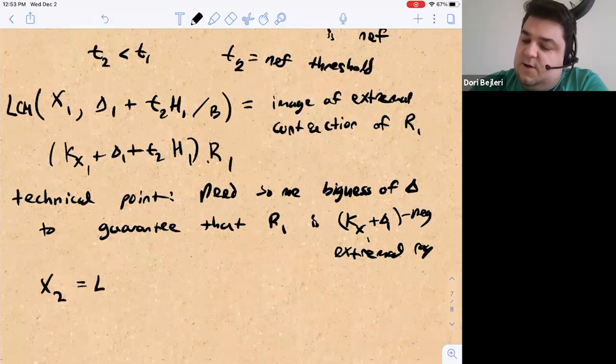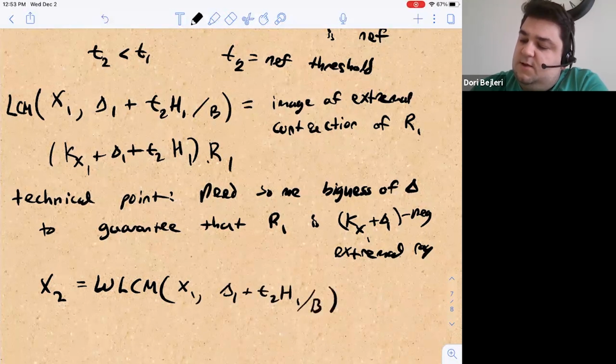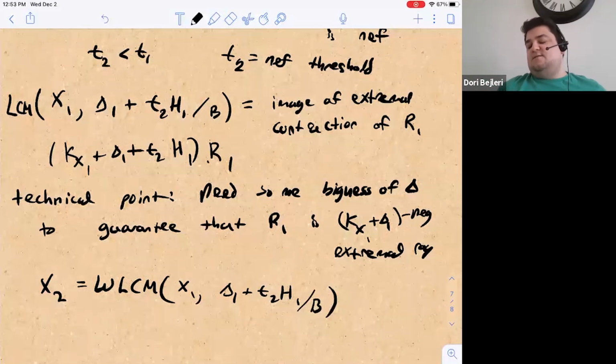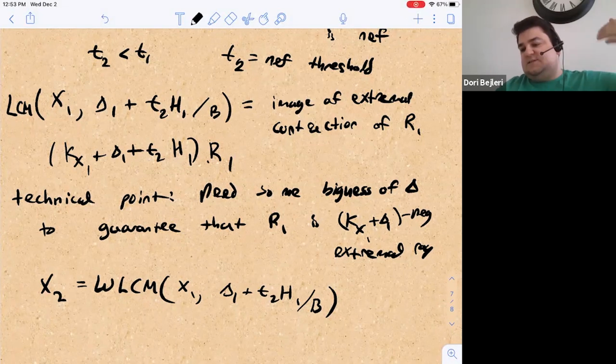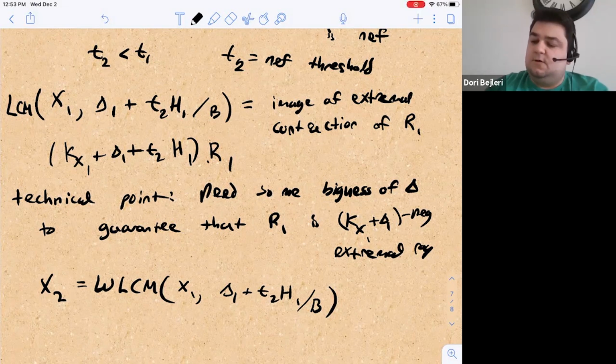That's the log canonical model, or weak log canonical model, of X1 with delta 1 plus T2H1 over B. And now we keep going. And the point is that at every step, at least assuming that flips exist, each extremal contraction and each step in the minimal model program actually produces a new weak log canonical model of our original pair